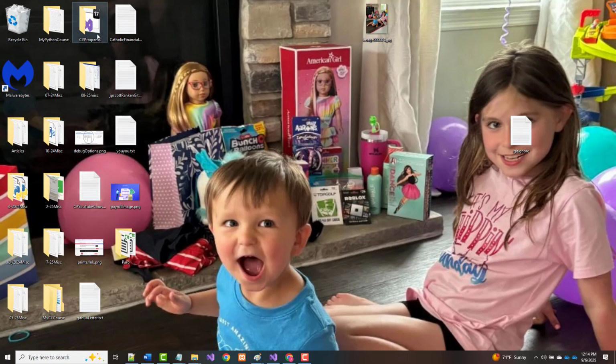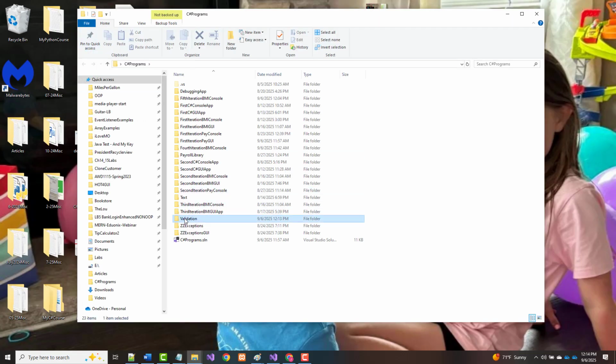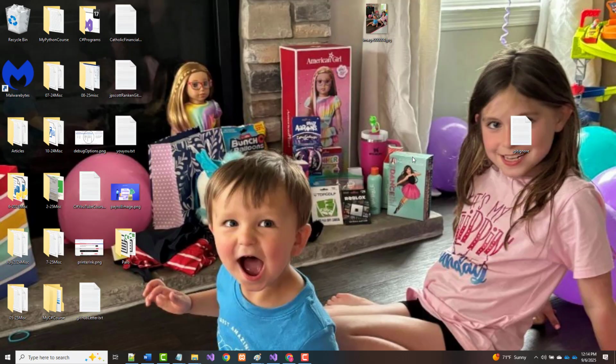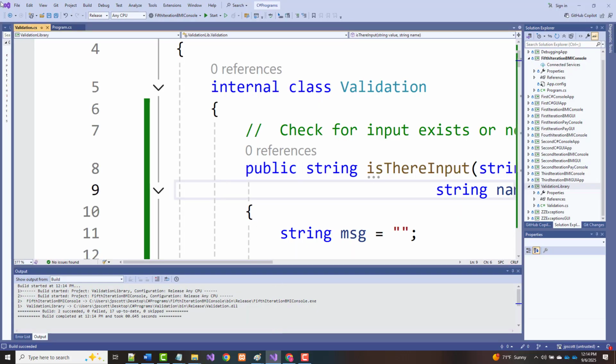Let's look in here. So in my validation and in my bin, I've got a release, but I think I want a debug in there, so I'm going to go back and change that to debug. So I think I got some bad information from what I had before from a different internet article. So I've removed everything in bin. Let me go back again to the project, let me reset this from release to debug and do a build